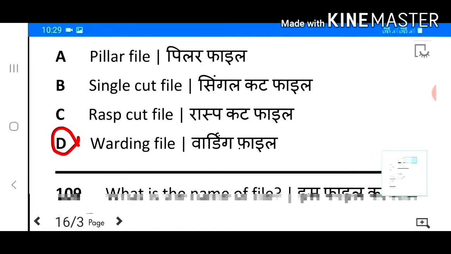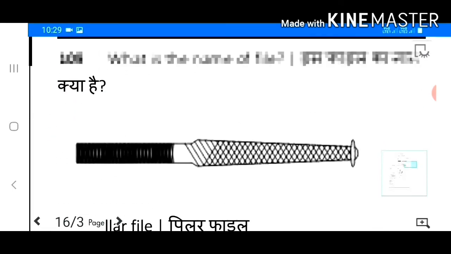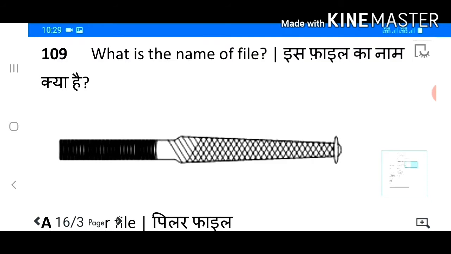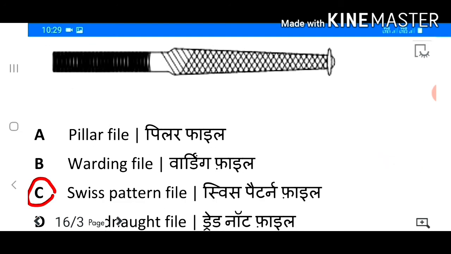Answer D. Warding file. 109. What is the name of file? Answer C. Swiss pattern file.